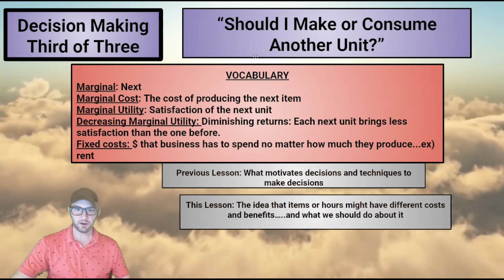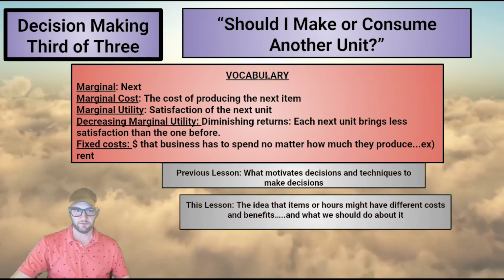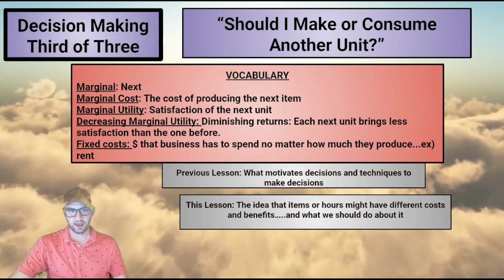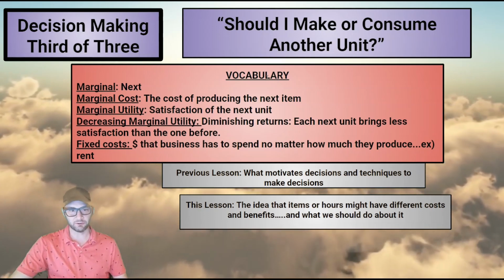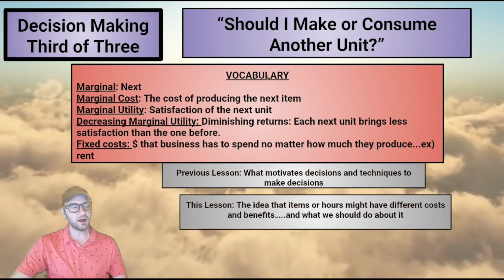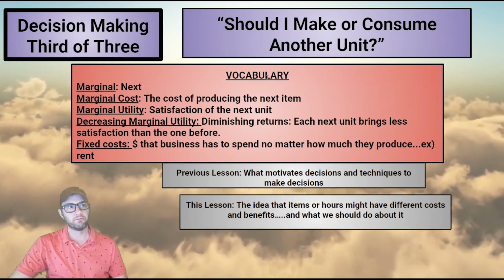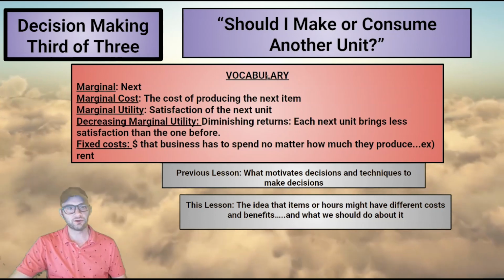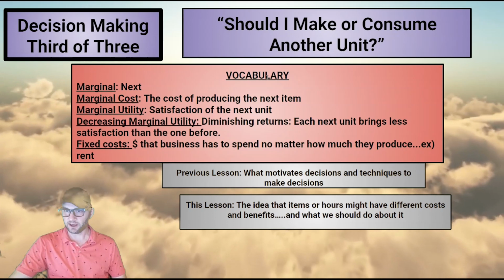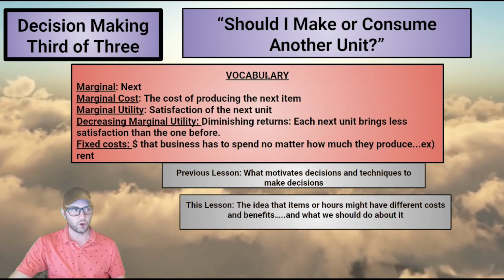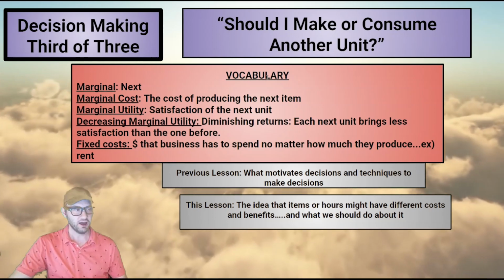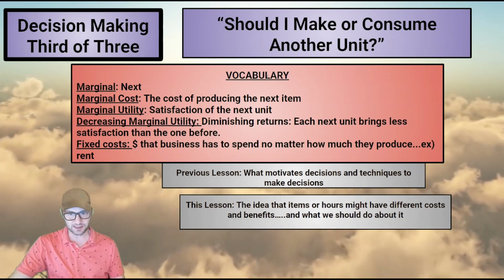Okay, so the vocabulary that we will be using today, first is marginal. Marginal, we're defining as the next. They say it's the margin on the outside of your paper. What they mean is the next part, right? If you've already done 99 things, the margin is the next, 100th time you do it. Sometimes it's very important to think, they call it thinking at the margin. What's the value? What's the cost? What's the expectation of the next unit? Forget about the first 50 units I did.